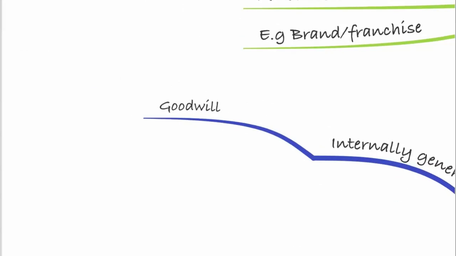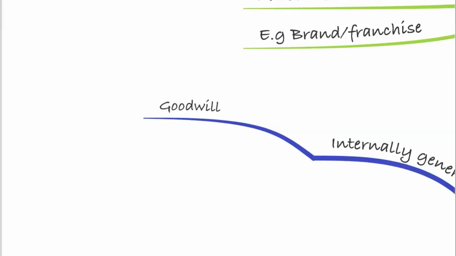I've already said that if we purchase goodwill, we can capitalise that, but if we internally generate it, we can't. What I mean by that is you may over time as a business have built up customer relationships, even customer lists, or brand loyalty, all of which would count as goodwill, but we can't create an asset out of it